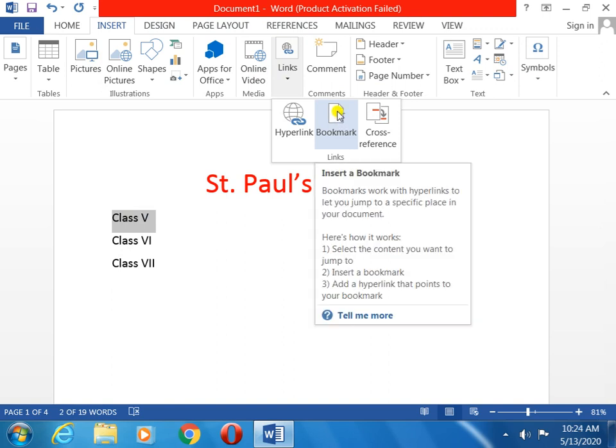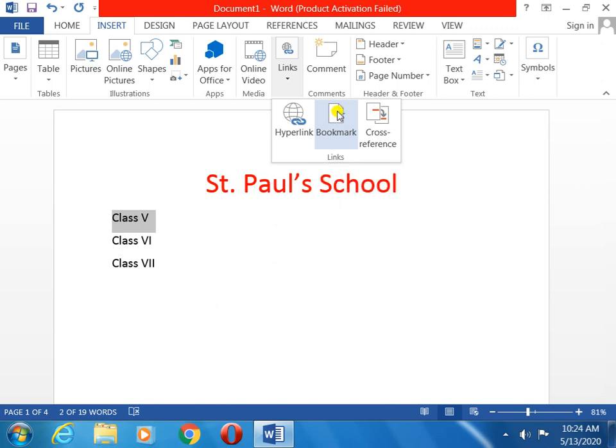Bookmark means you have to indicate the word, which word you will click and where it will go. If you want to link one page to another, means one file to another, it is also possible.